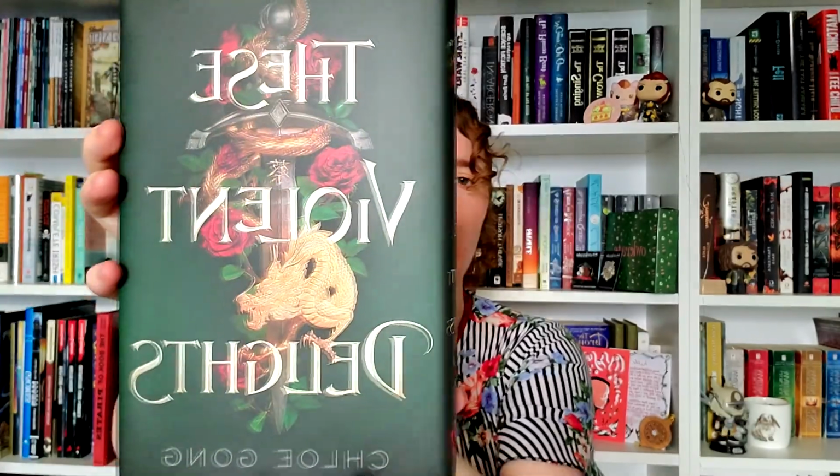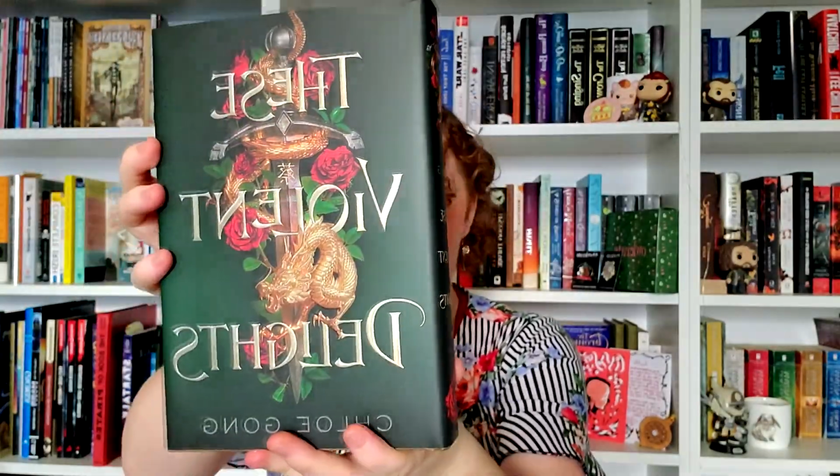I love that it's a hardcover too, because I am a junkie for hardcovers. I don't mind a paperback, but the hardcovers are just so much more durable, and I'm rough on my books. Also, the covers are just so pretty. And I find they fall apart way less. All right, These Violent Delights. And I love that cover. So pretty. I don't know what the original cover is. I'm assuming white, but...